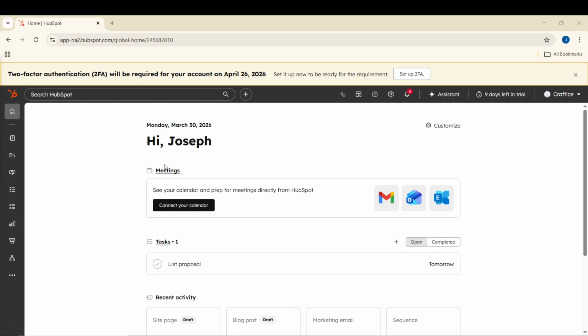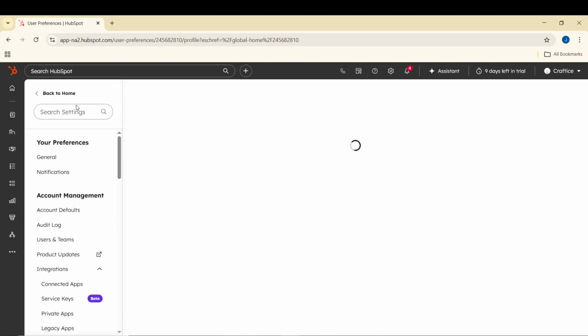In today's video, I am going to teach you how to connect your domain to Hubspot. To begin, log into your Hubspot account and look to the top area of your screen for the settings icon. Click that settings icon to open your account settings. This is where Hubspot keeps the tools for connecting domains and managing how your website and email work with the